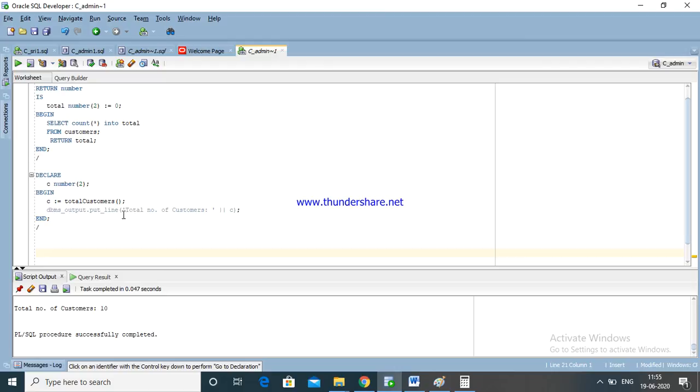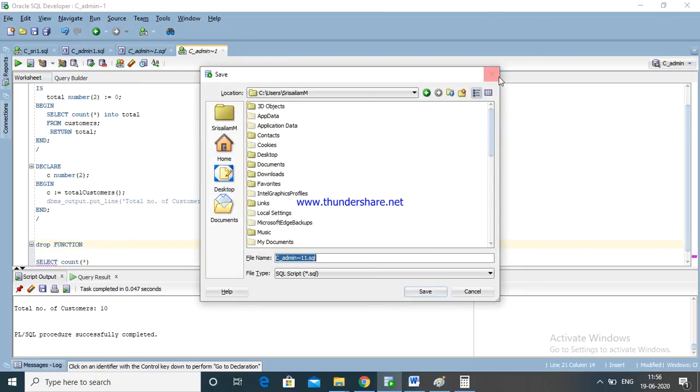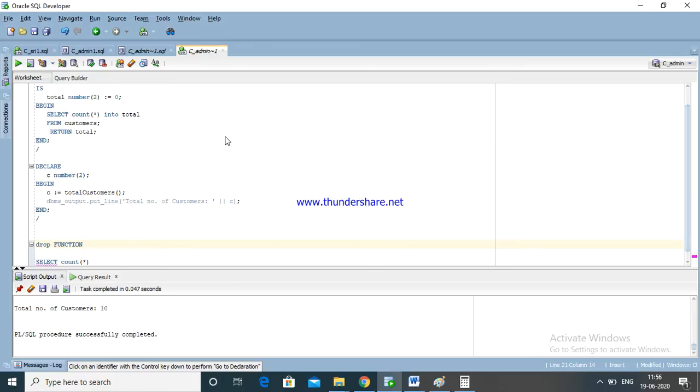We can use drop. Control, drop function, function name.